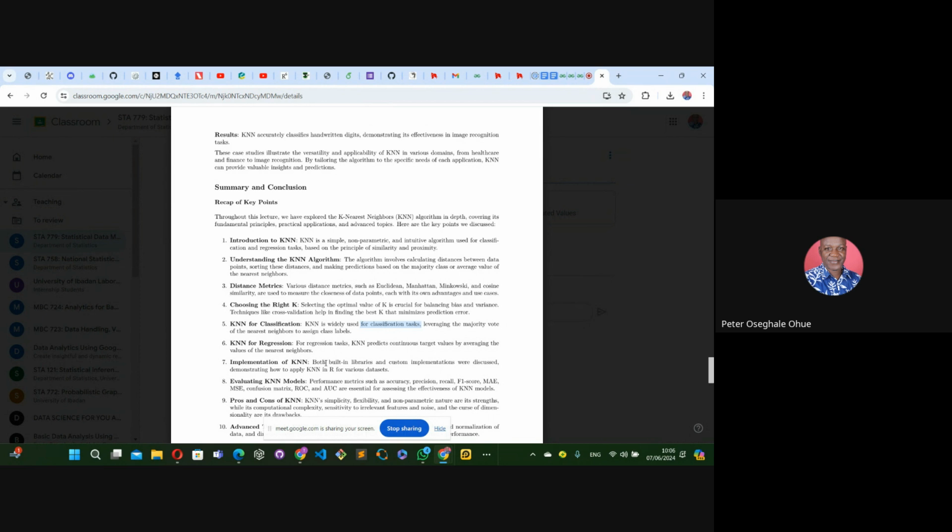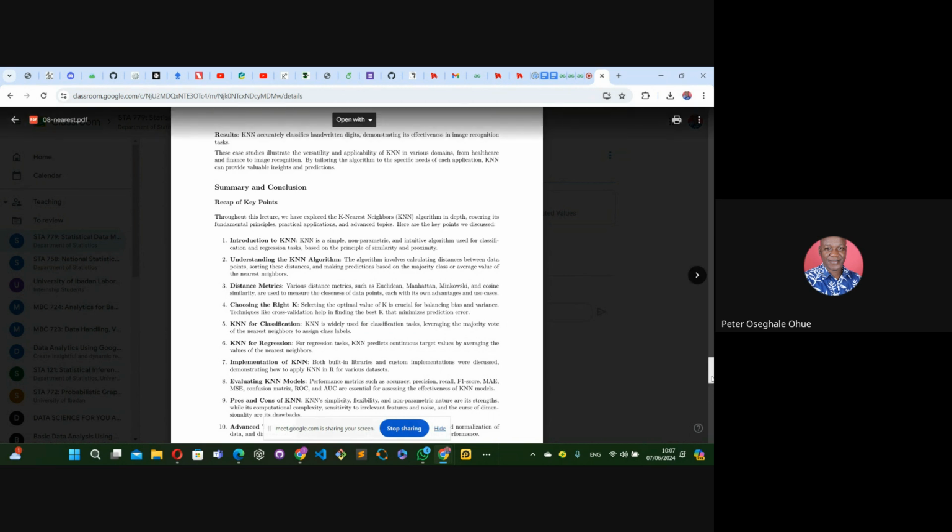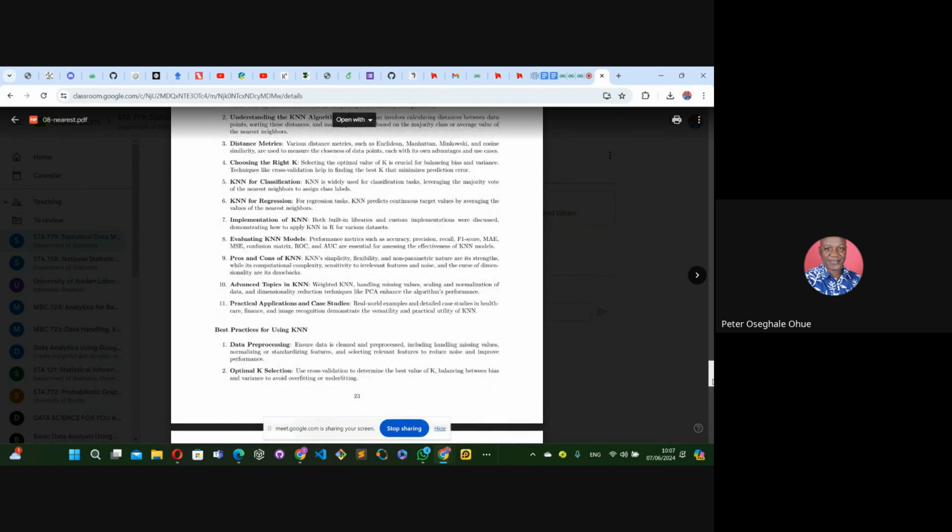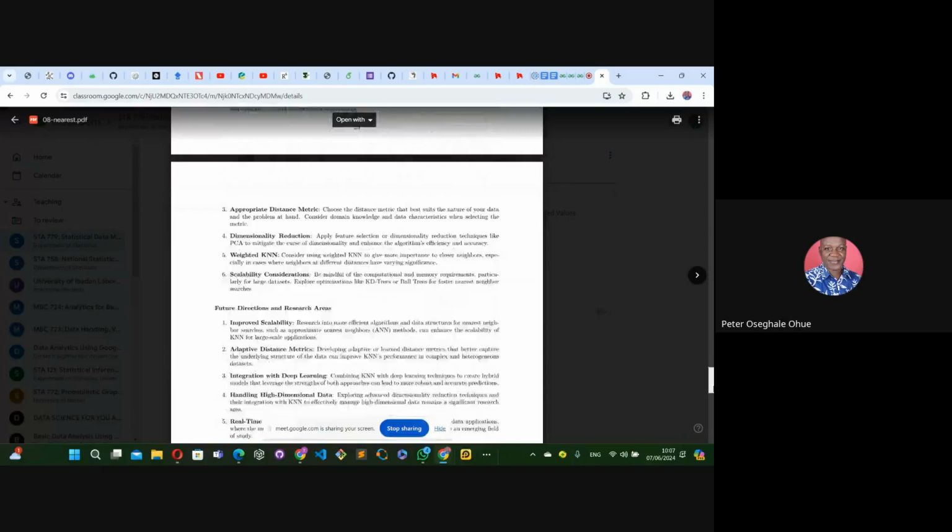Implementation of KNN, let's just finish here. Both built-in libraries and custom implementation were discussed, demonstrating how to apply KNN in R for various data sets. What that means is that whether you are doing classification or regression, the specific libraries that are used will be redefined according to the structure of the data. Lastly, before we go, if there's any question,